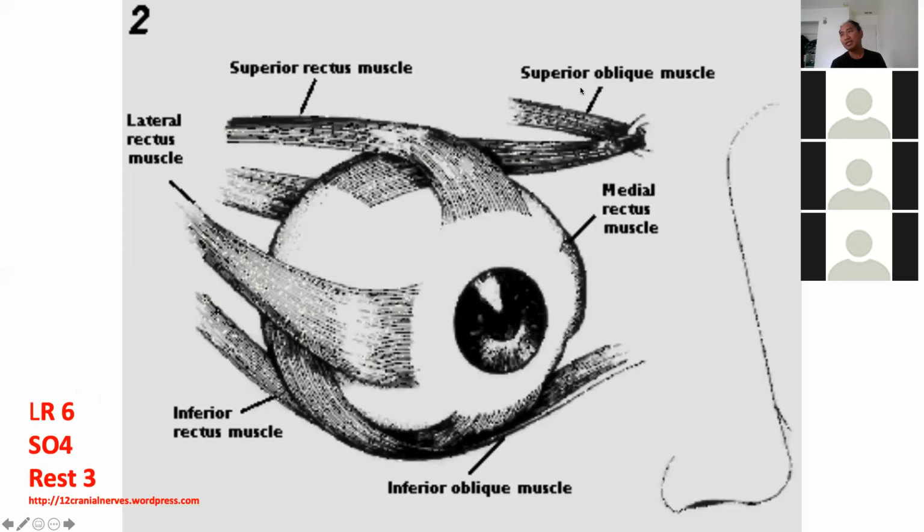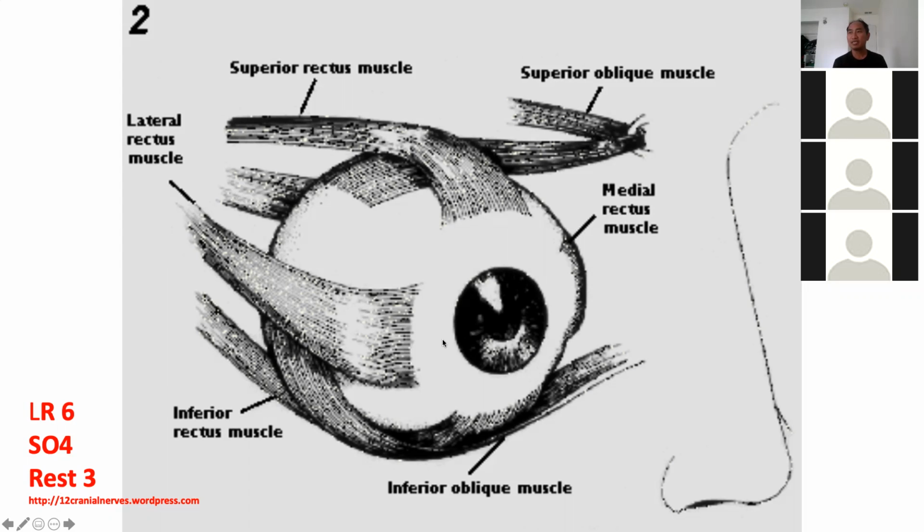Superior oblique, SO, for the 4th cranial nerve. Trochlea, abduction, LR6, SO4. The rest, all the rest of the muscles other than superior oblique and lateral rectus,